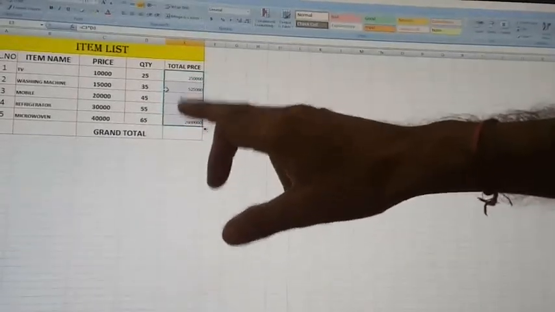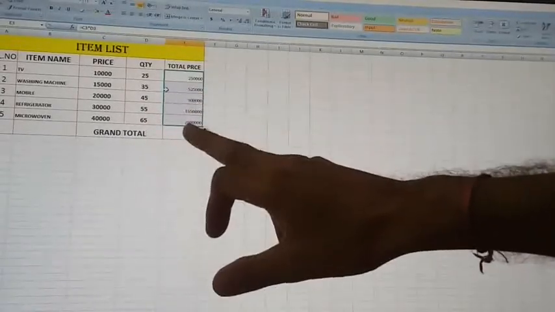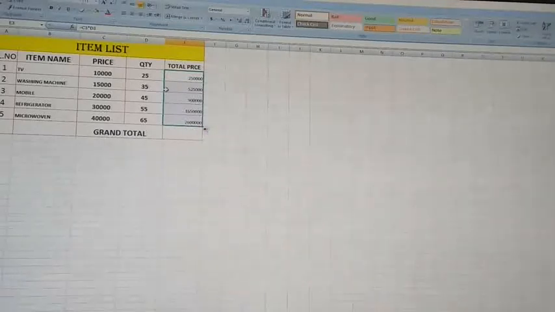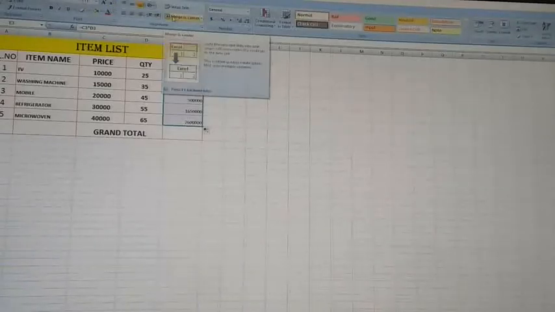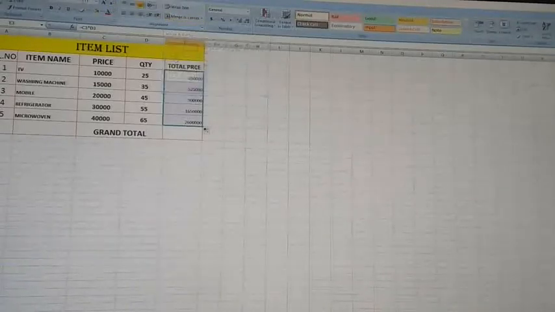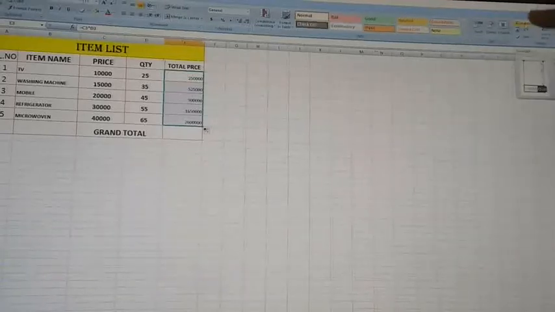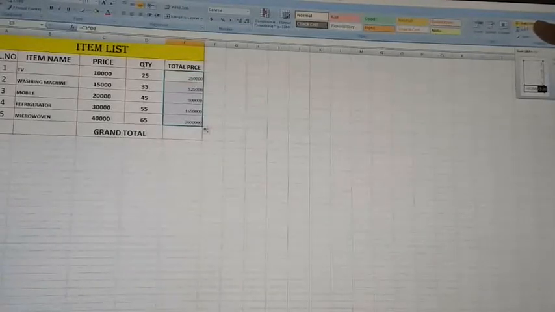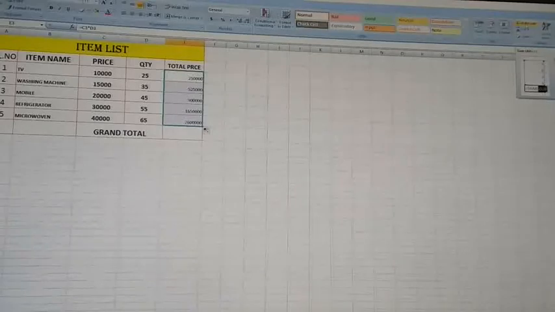Okay, so now how will we find out the grand total? Very simple, just select and here look, the auto sum option is there. Easy method, click auto sum, it will show you the grand total.